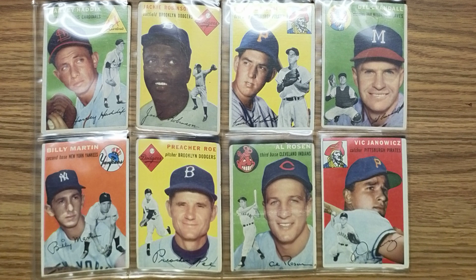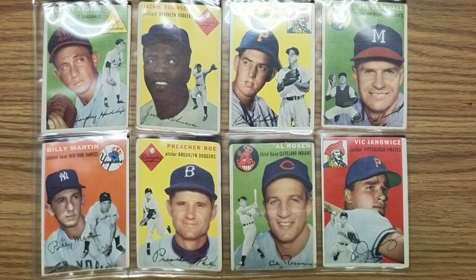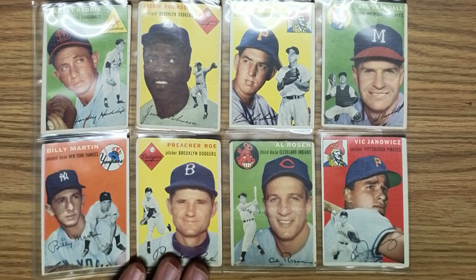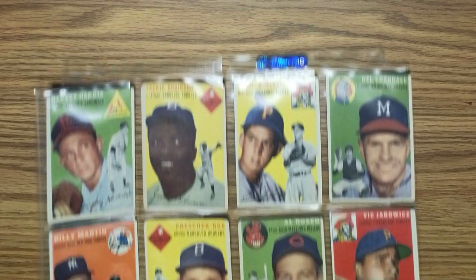Just a quick word about card number 16, Vic Janowicz. Vic was a catcher for the Pittsburgh Pirates. He was also a Heisman Trophy winner. I guess I just have to say he probably was a better football player than he was a baseball player. Nevertheless,